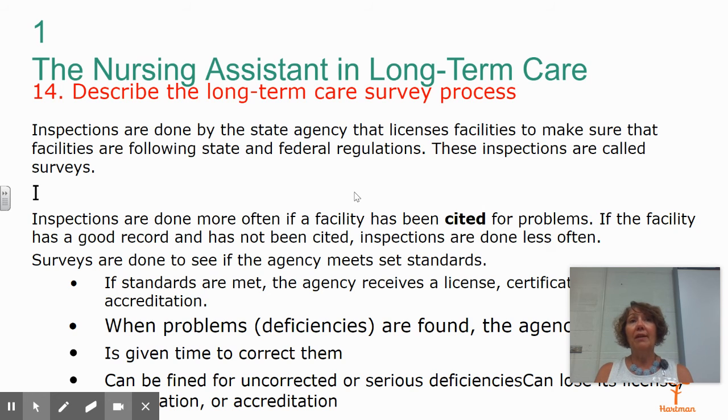So for example, if they come in and they see that the refrigerator temperatures aren't consistently at 38, that one day they were 42 and one day they were 35, they will give them a citation and say, you've got a problem with your refrigerator, you're going to need to fix this. You will have 30 days. We'll come back in 30 days and we'll want to check your temperature log again and make sure it's okay. Probably not going to be a fine, probably not going to be a big deal. However,